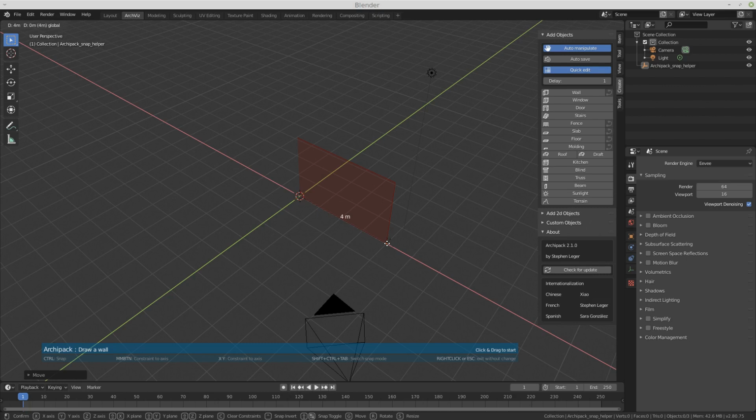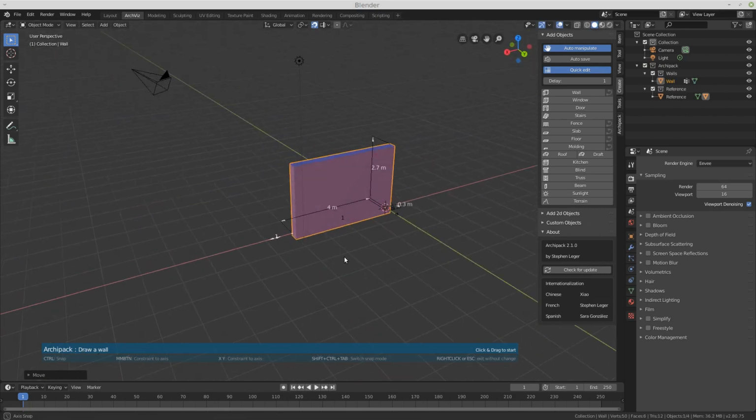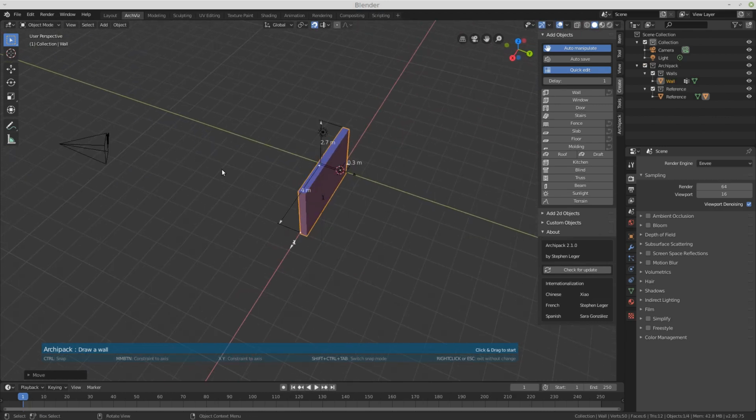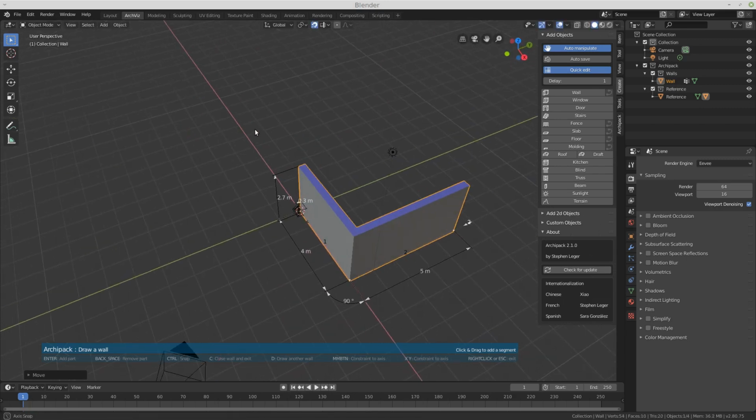When I release, it creates the segment. I'm able to navigate using the middle button and continue. So I click again, then simply drag and release to create.